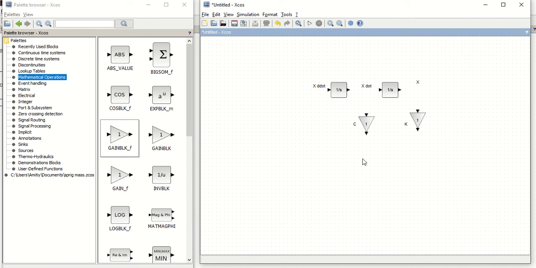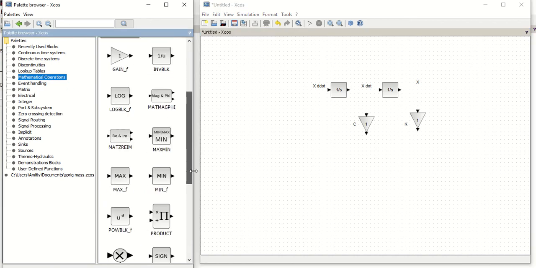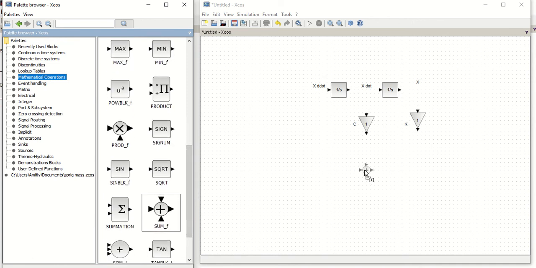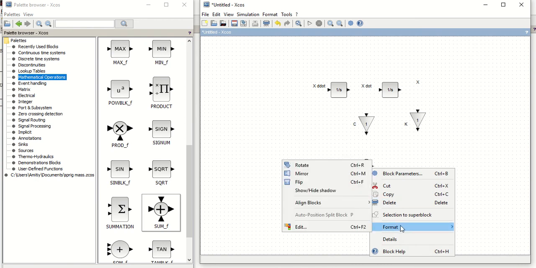It's visible. Now we'll be requiring one summing point where all these are to be added. So we can take one summing point. Yes, summing is there. I can just right click and mirror.